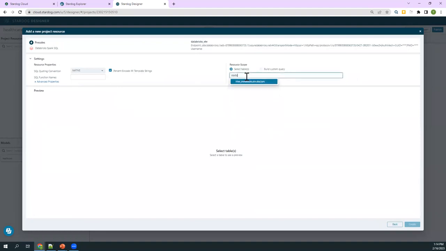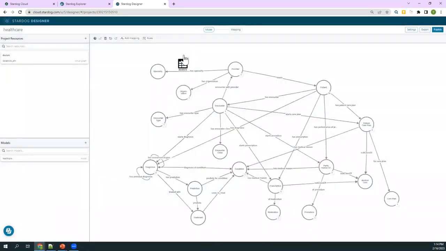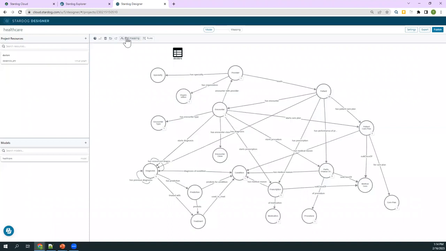I want my electronic healthcare records database. And my table that I want is actually called doctors. And we'll get a little preview of that data here. It's pulling that directly from Databricks. And I will create a new resource called doctors. And then the last step is mapping that table and its columns to the class and attributes within